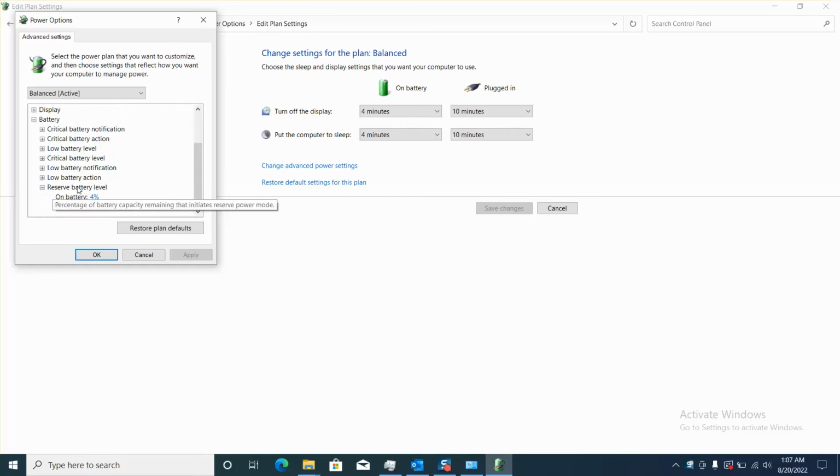It should be the last option. Double click on it, the first option, Battery, and On plugged in, and you can increase or decrease your reserve battery level. Once you have changed, the Apply option should be available, so you'll have to click on it and then you click OK, and you must restart your computer so that your changes